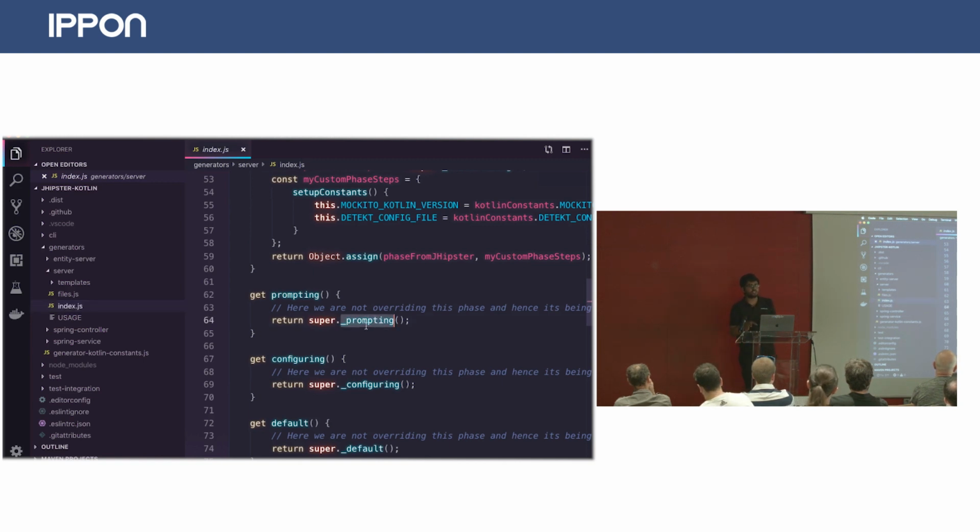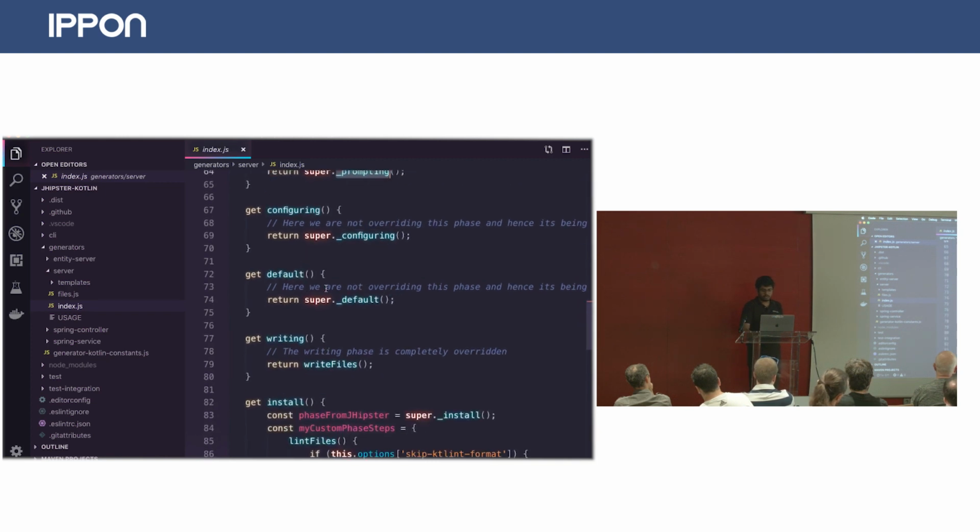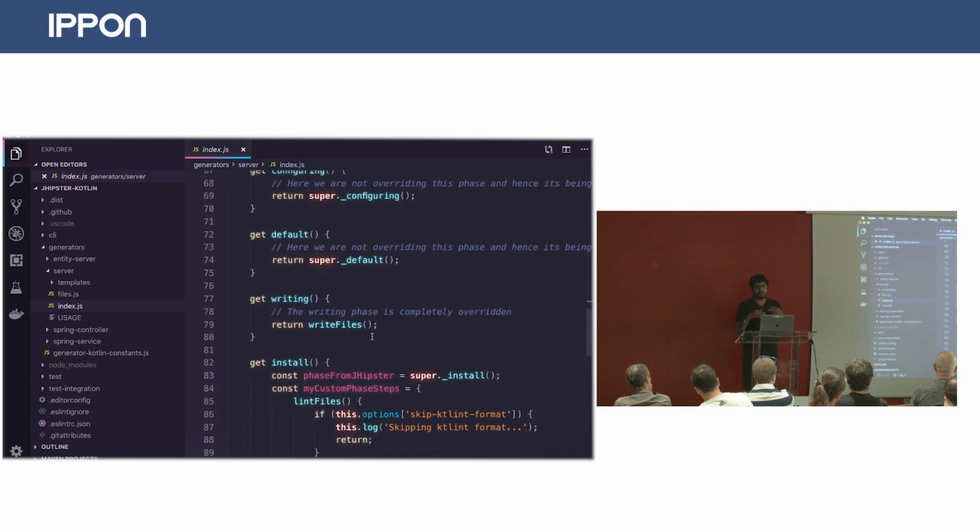And we're just using an extension principle here. We're just importing the base generator and using those prompts. That's it. We're just overriding it. We're not doing anything fancy there. The configuration side takes whatever answers you give, configures them and keeps them in a central store. And default is just for adding a phase inside, so that's where we have default.